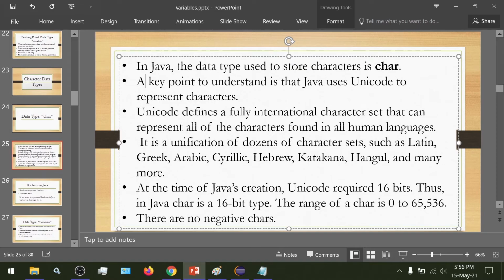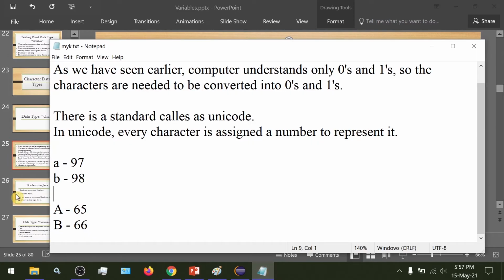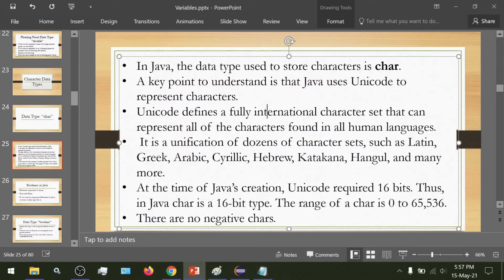A key point to understand is that Java uses Unicode to represent characters. Unicode defines a fully international character set that can represent all characters found in all human languages. So these codes, like 97 and 98, can represent all of the characters found in human languages.